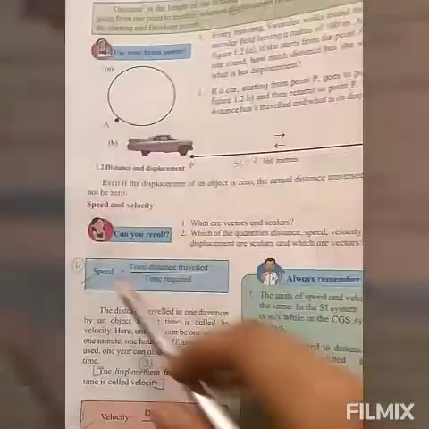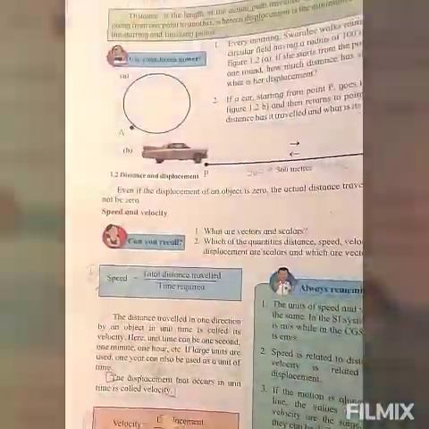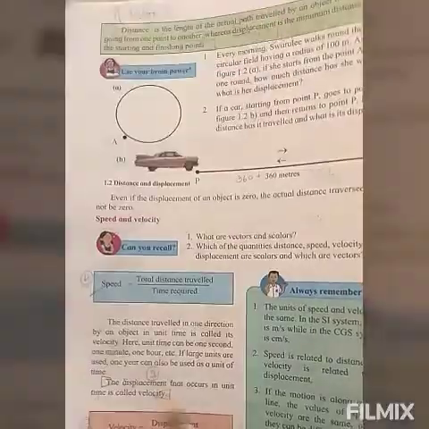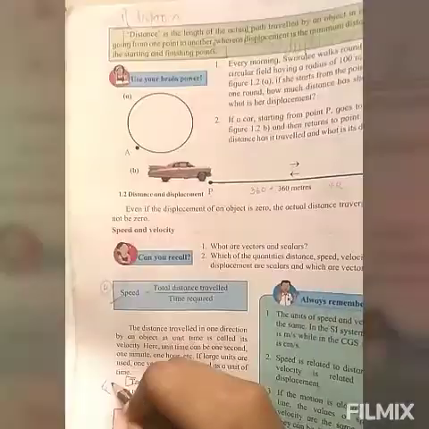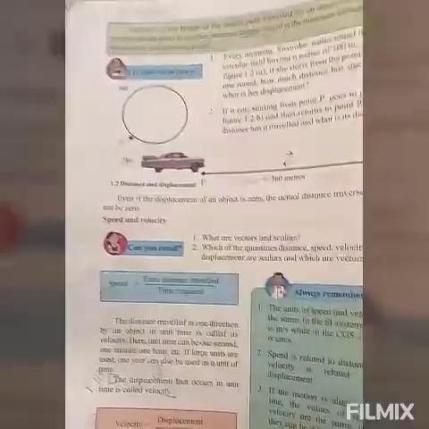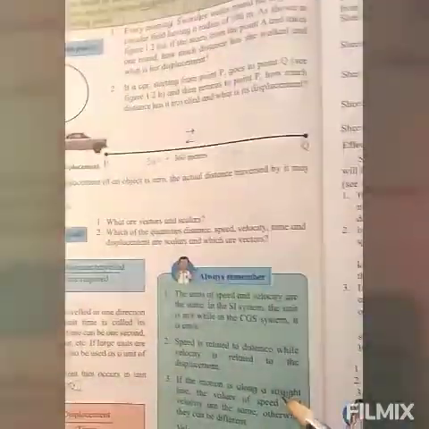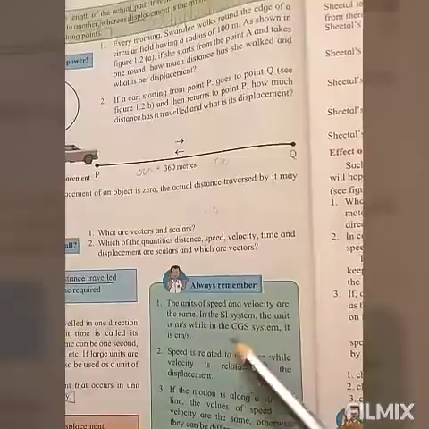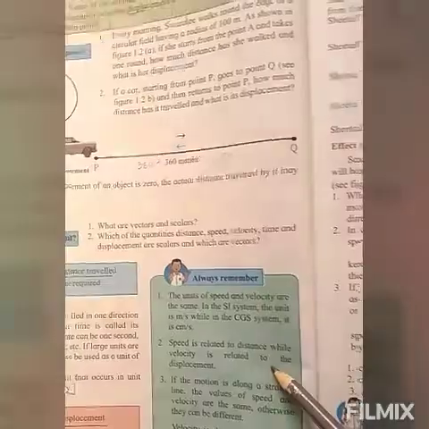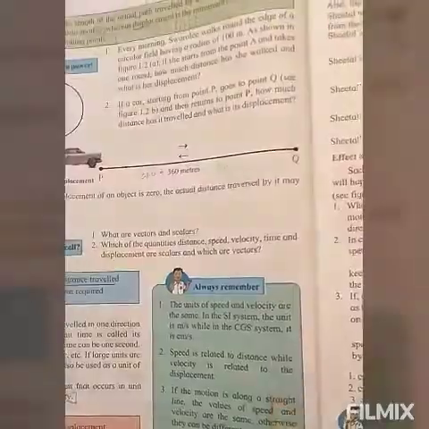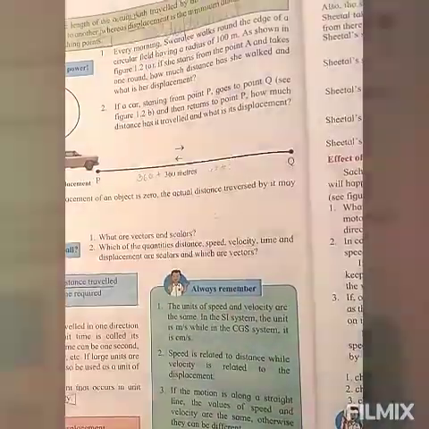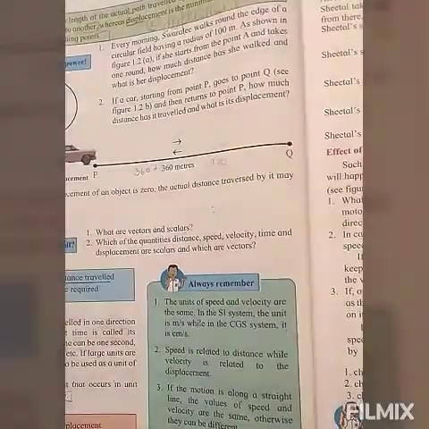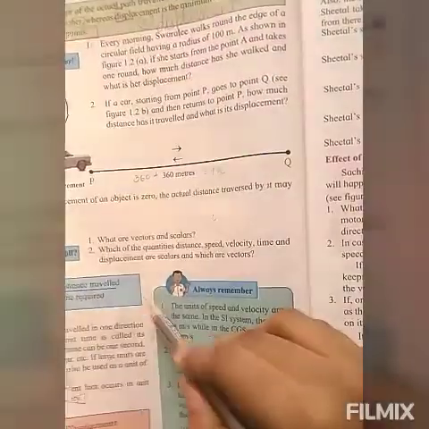Now there are some of the formulas also. I have tick marked those to use and remember in writing the formulas. They are speed and velocity. Speed is total distance upon time required, and velocity. The box given in these textbooks you also have to study. The questions can be asked relating to these two, like what is speed, what is velocity, the features of it.